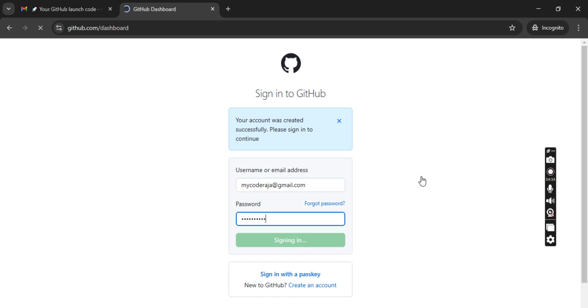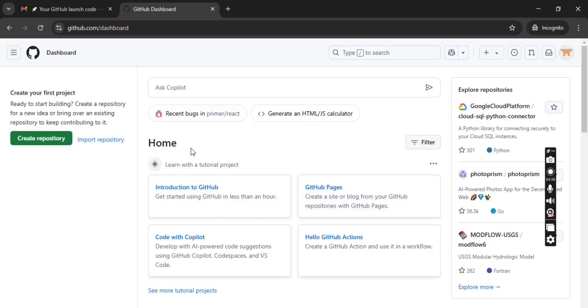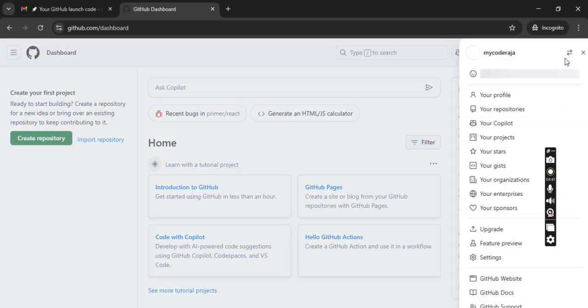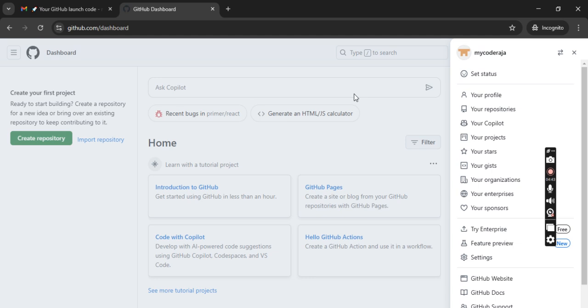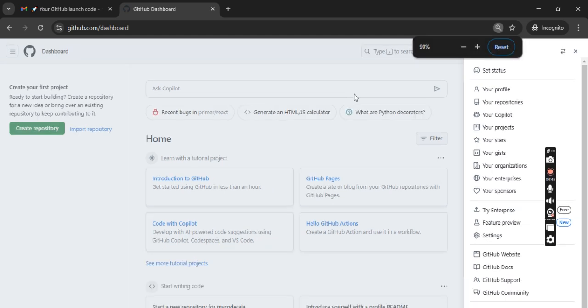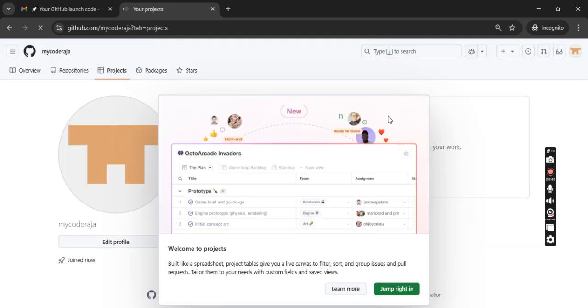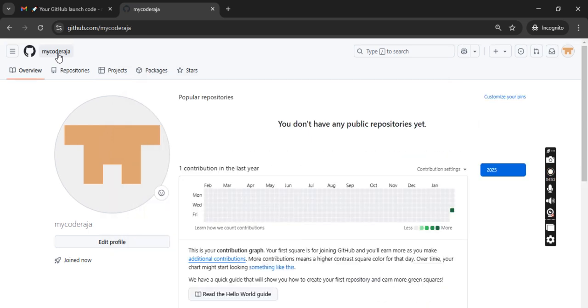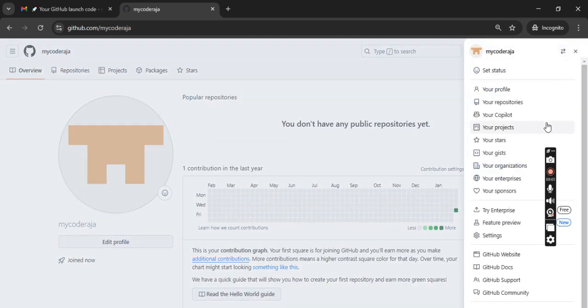Hit enter. Now the GitHub account has been created successfully. Here you could see this is the portfolio panel. Here you can find multiple options, and this is my profile link. Moreover, there is no repository set because we created a new account. And here you could see